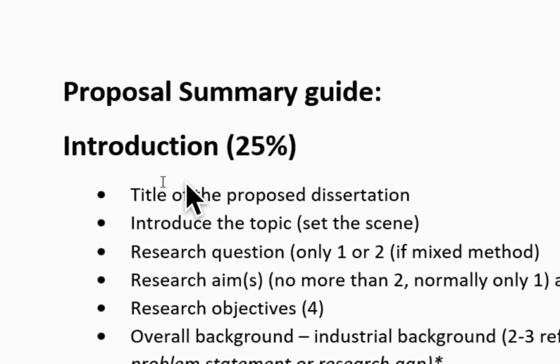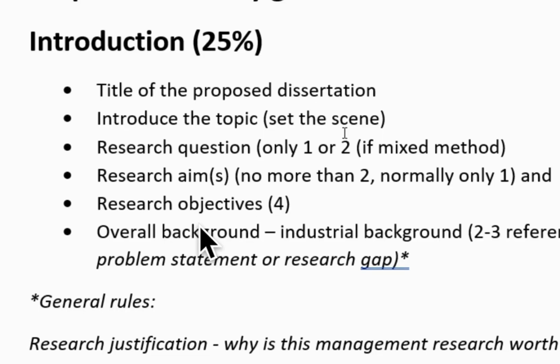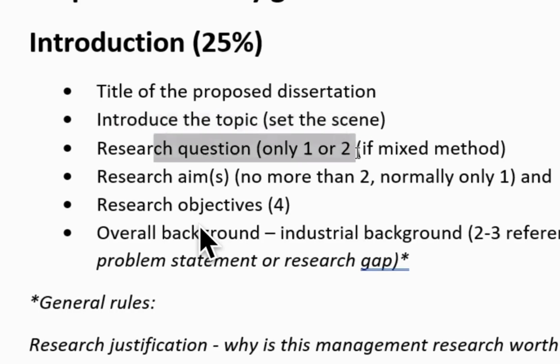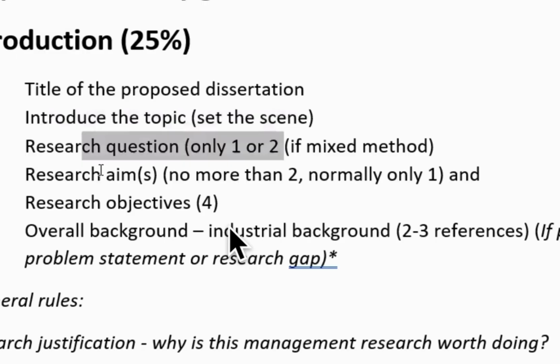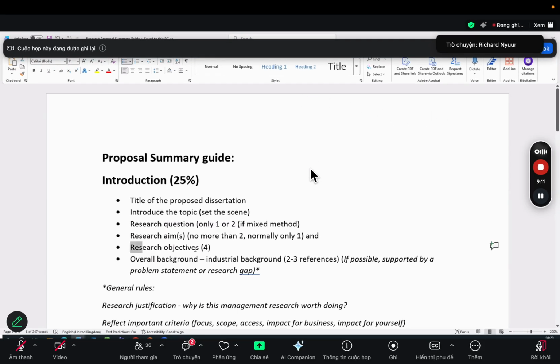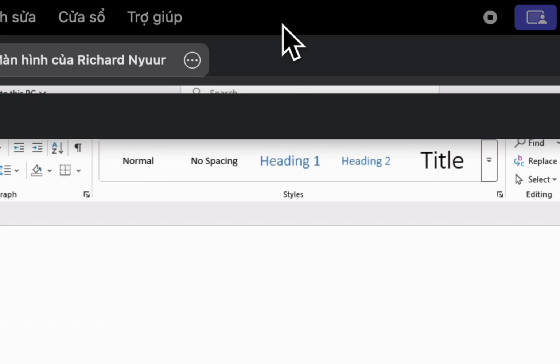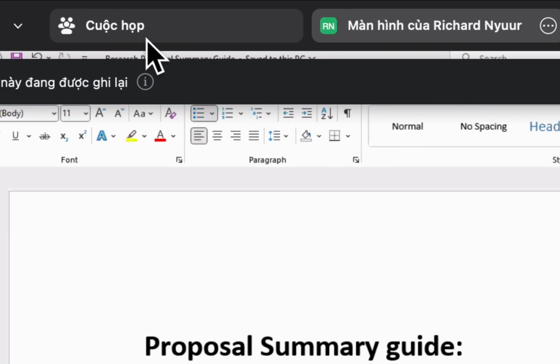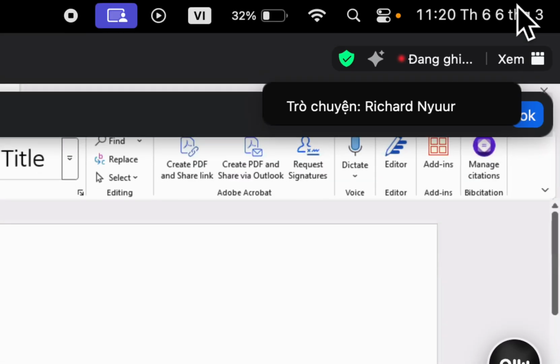Here you have the title, introduction to the topic. You have the research questions and the research aim. Research objectives, as I said, there should be a maximum of 4. And then you have research objectives, also 4. Okay, then